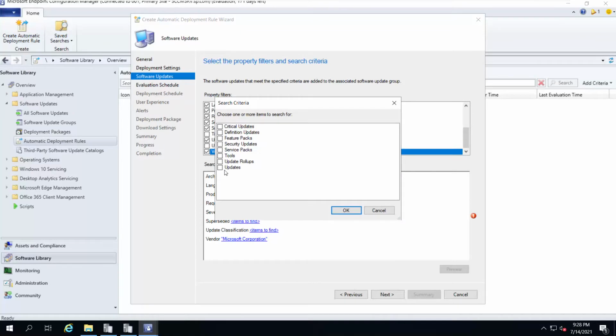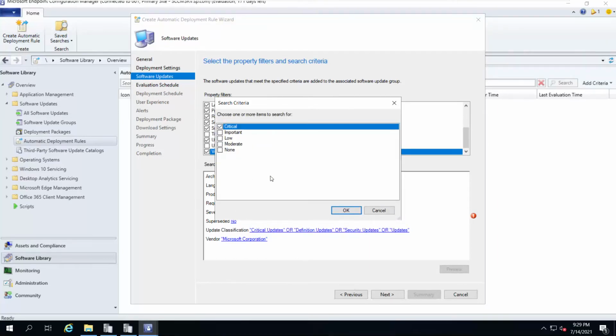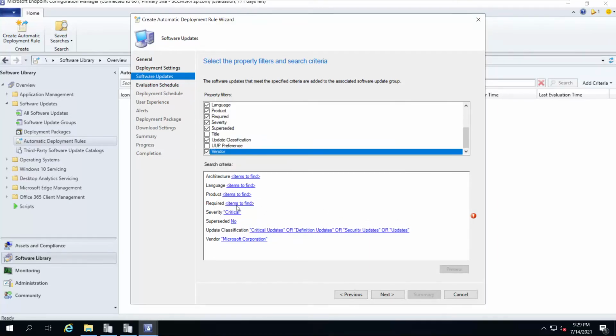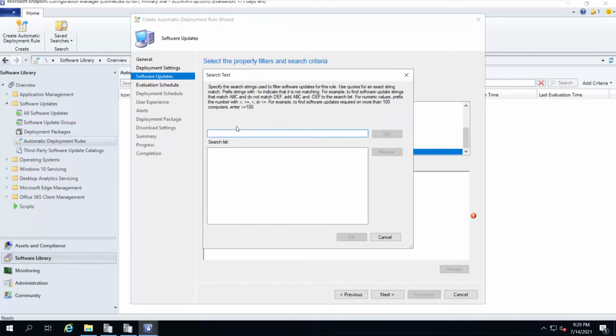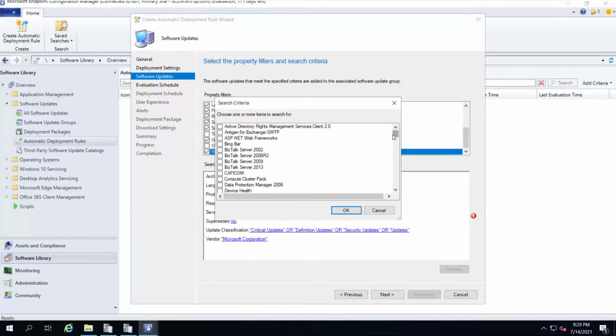Update classification, I can say only critical updates, security updates, and definition updates, or let's say I can say updates also. I can say superseded no, severity critical, then required yes, greater than or equal to 1, then product, so we can say whatever product we require.